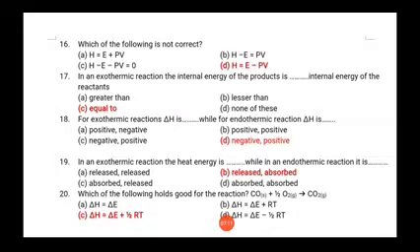So students, to give the correct answer, we must use the theory of moles and the first law of thermodynamics, in which we have derived the equation delta H is equal to delta E plus delta Ng RT, where delta Ng is the number of moles of gaseous products minus the number of moles of gaseous reactants. In this equation, the number of moles of gaseous products is 1 and the number of moles of gaseous reactants is 1/2. So delta Ng will be 1 minus 1/2, so it will be 1/2. If you substitute the value of delta Ng, the correct option is option number C, that is delta H is equal to delta E plus 1/2 RT.